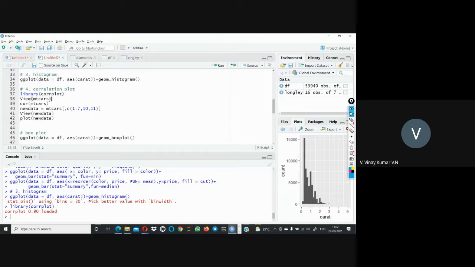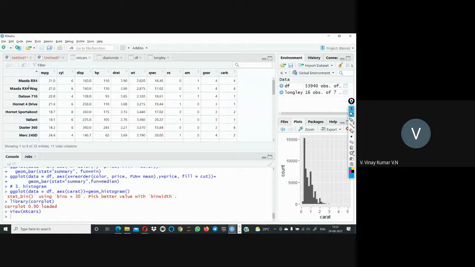We have another default data set. I'm giving multiple data sets because there are so many that you can use for any kind of experiments, like plotting or statistical calculations, instead of uploading new data. If you want to practice, you can use these data sets. That is why I'm using different data sets for each topic. mtcars is one data set available in R by default. I will show you what the data set consists of.